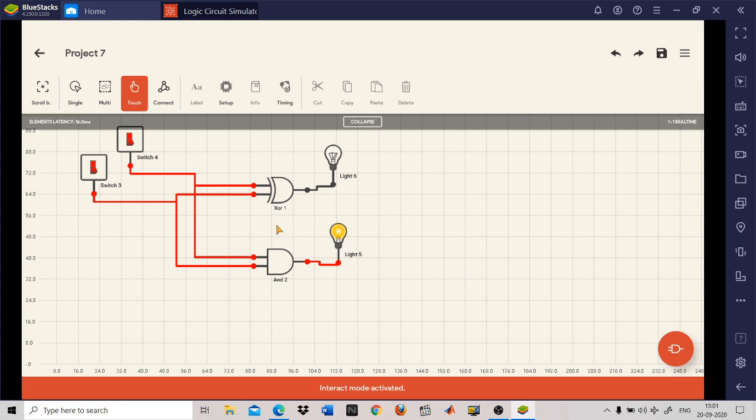So in this way you can implement your half adder using the XOR gate and the AND gate with this Logic Simulator app. It is now expected that you should download this app from your Play Store and try to implement small circuits using this app. Okay, so for today this is all, and we'll meet tomorrow.